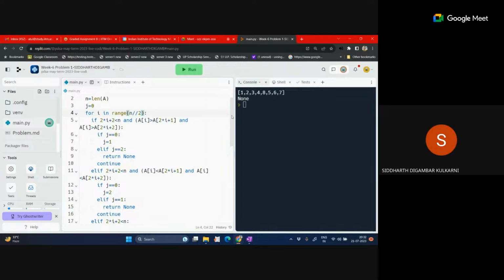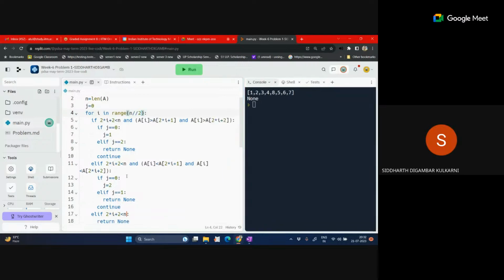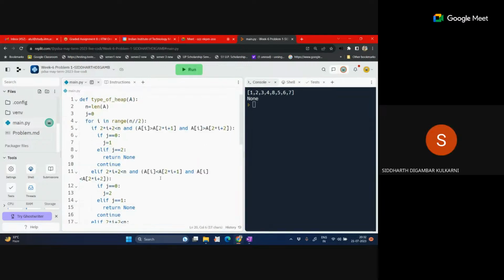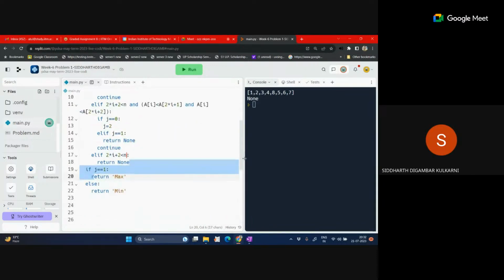Now it is passed, sir. I got it. I changed this elif, this return. I got all the cases passed. So what change have you done? This return none condition, in line number 17, 18. Okay, 18. So I changed the elif to this, because see, if 2 into i plus 2 is